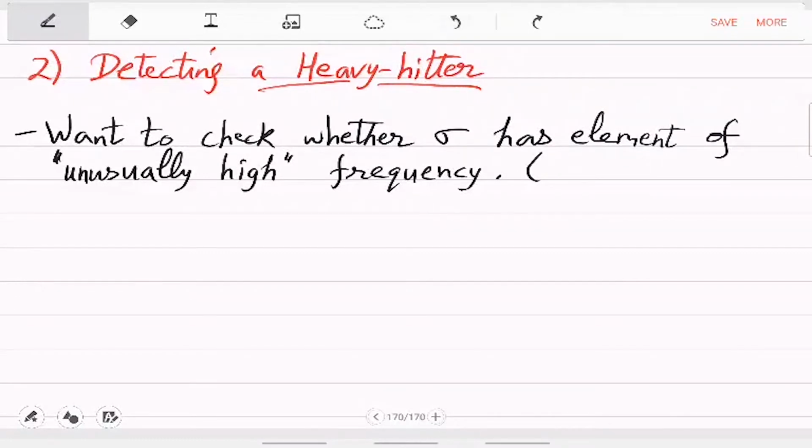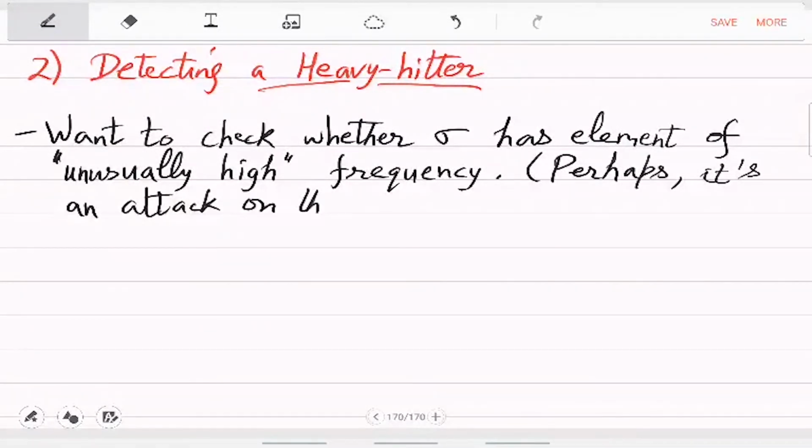So, perhaps it is an attack on the server. Right. So, this kind of